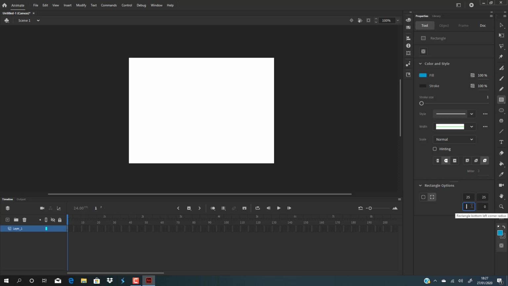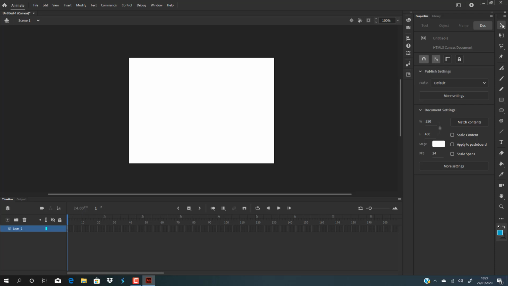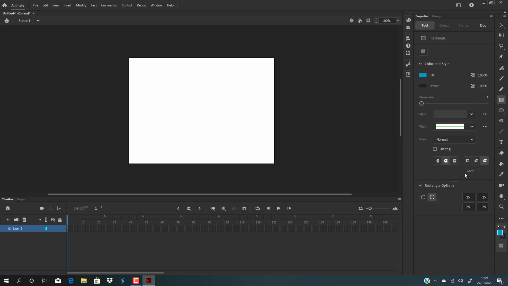So you type in 25 for all corners, and it basically depends on how big your rectangle is going to be. For buttons, I do normally use 15. Rectangle tool, that's all set up. Now I'm going to put out a big rectangle